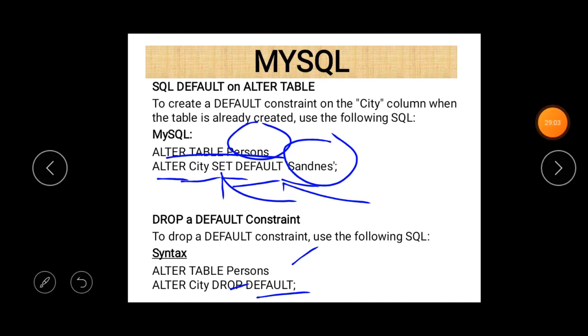It is very important, and it may be asked in your examination in any way. So try to add or delete different constraints using the alter table statement. It will help you a lot.